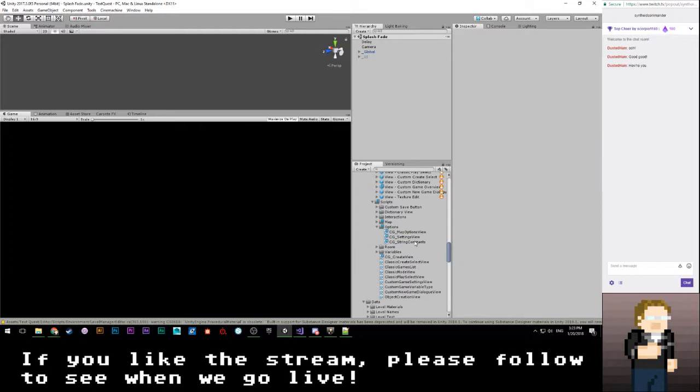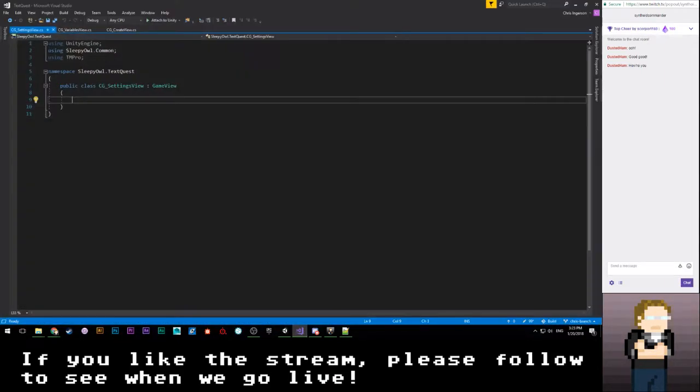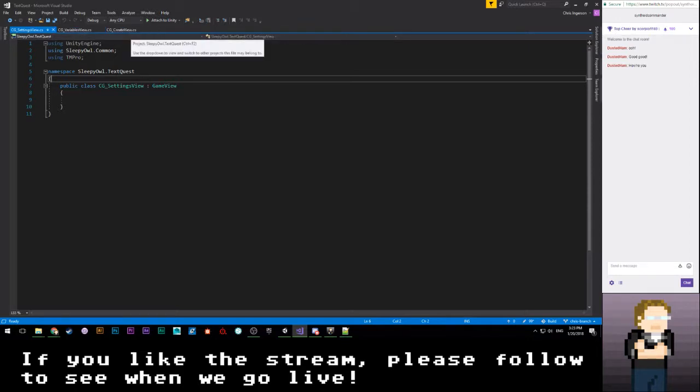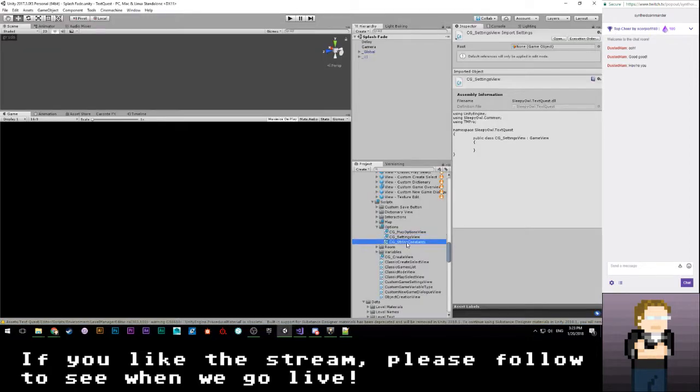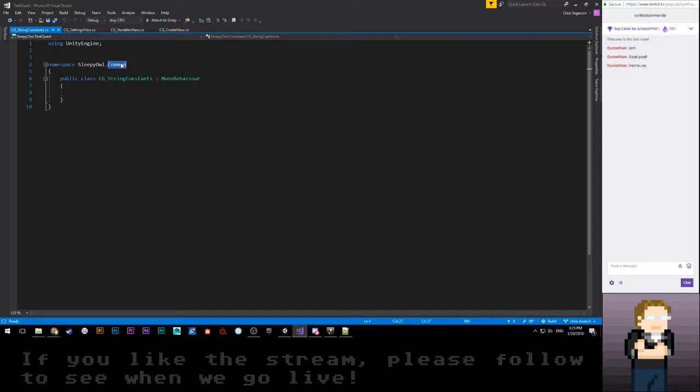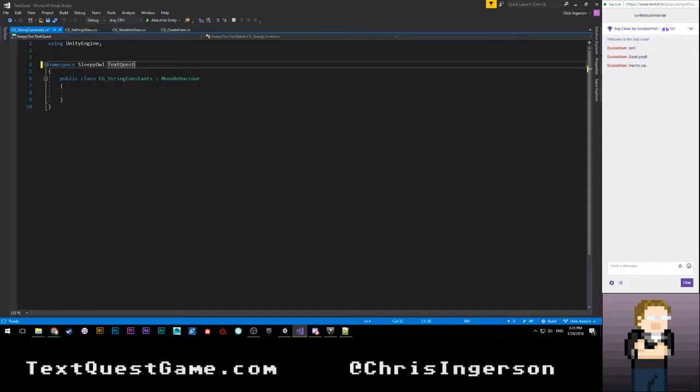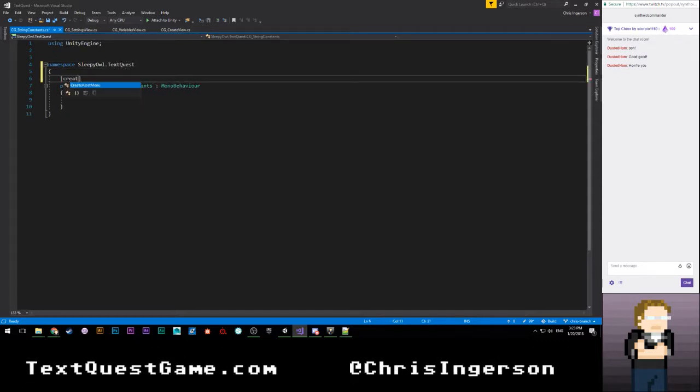All right, so now that that's open up, let's go. Okay, where'd you go? No, you didn't actually open up. There we go. Let's go ahead and make sure that this is in the TextQuest namespace. We're going to go ahead and say create asset menu, which is a nice built-in thing that Unity has for creating scriptable objects. Makes it a lot easier. Don't have to make custom menu commands all the time.